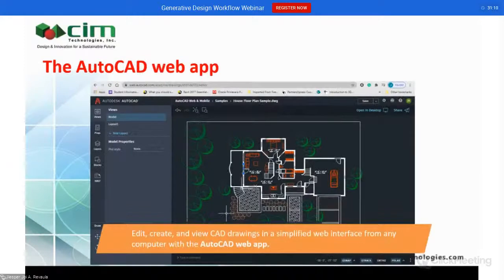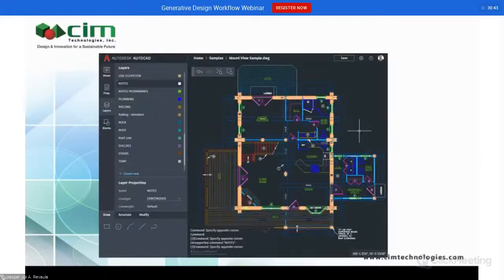Okay? So, the AutoCAD web app. You can access the latest drawings from anywhere without having AutoCAD installed on your computer. You can view, edit, and create CAD drawings in a simplified web interface that runs in your web browser. With the AutoCAD web app, there's nothing to download. You just sign in with your Autodesk ID at web.autocad.com and start working with your drawing. Since there's no software installation required, and it runs online in a web browser like, let's say, Chrome or Firefox, its user interface shares a similar design to that of AutoCAD desktop, with a properties panel, a ribbon-like toolbar,